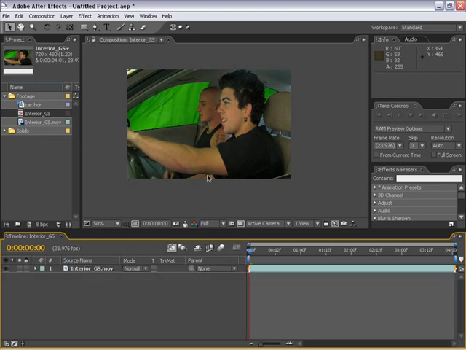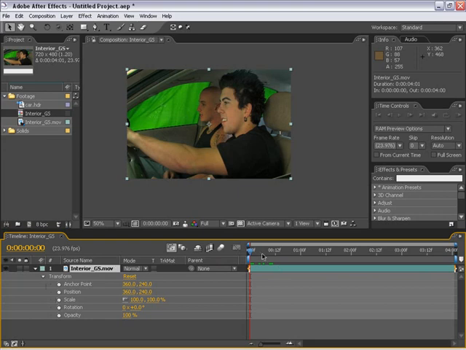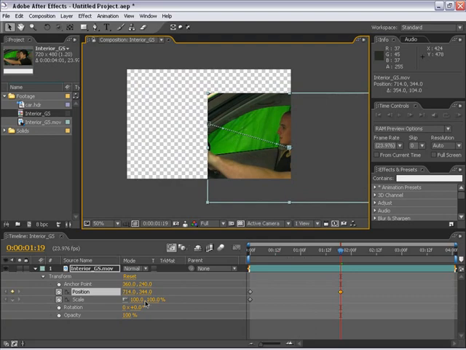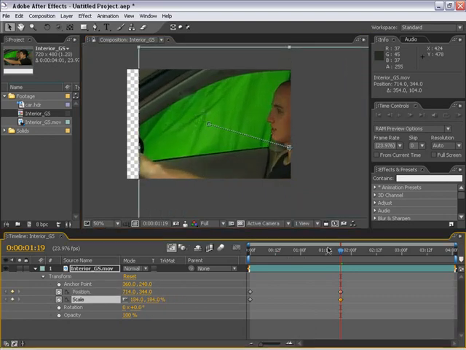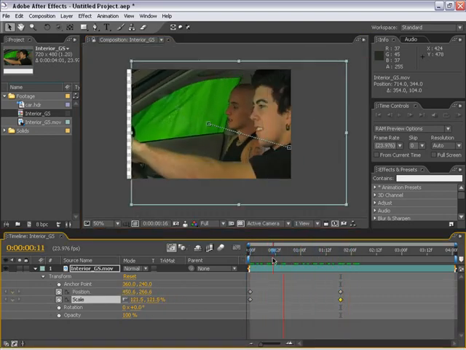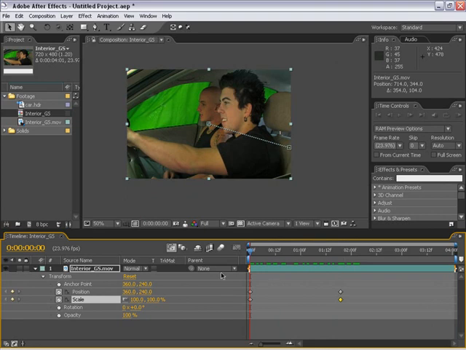Now new to After Effects 7 is the graph editor. So what I'm going to do is I'm going to animate some parameters here. So I'm going to set a stopwatch keyframe for position by turning the stopwatch on, also for scale. Then I'm going to move forward in time, move the position over it off here, scale it up. And as you can see, I have animation. Now, I want to see these in a graph view. So what I can do is click on these two graphs next to the keyframe parameter, then click on this button, which is